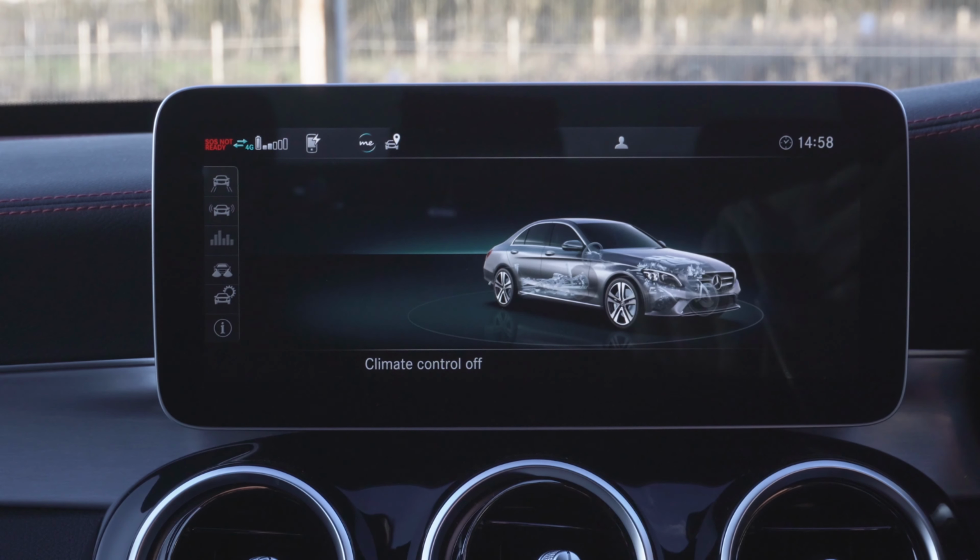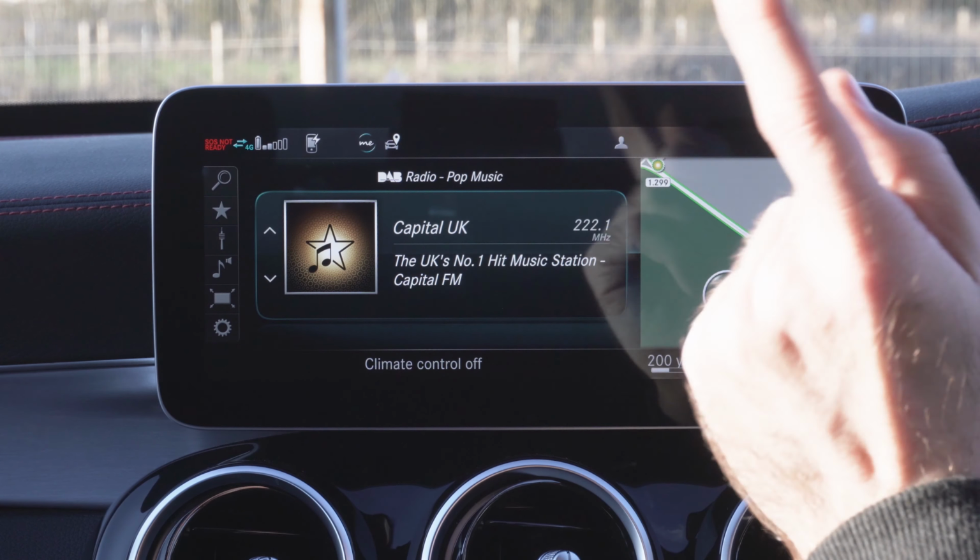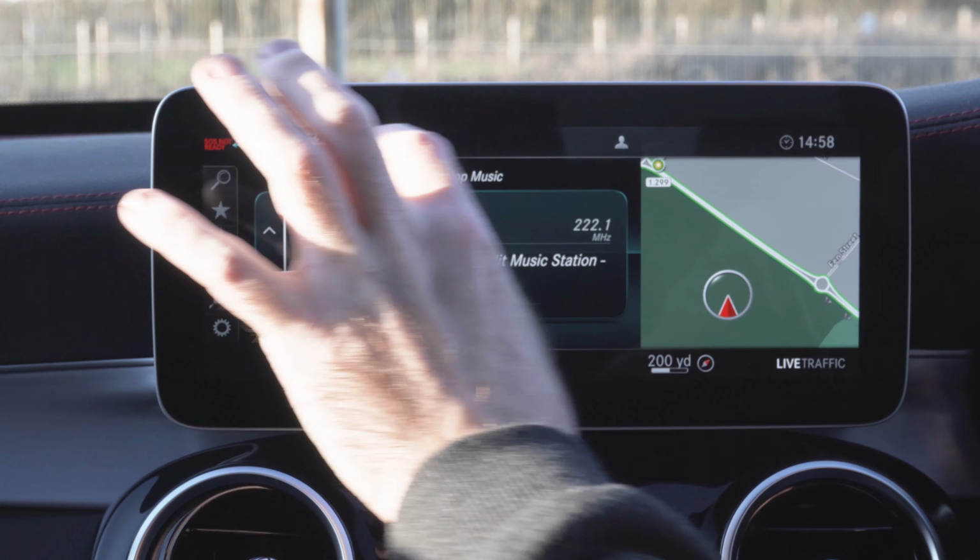in this video we're going to quickly show you how to get the split screen here. For example, if I hit the radio button now, you'll see that we've got the radio here and we've got the map there. Now by default you just get one thing at a time. So how do you do it? Well,